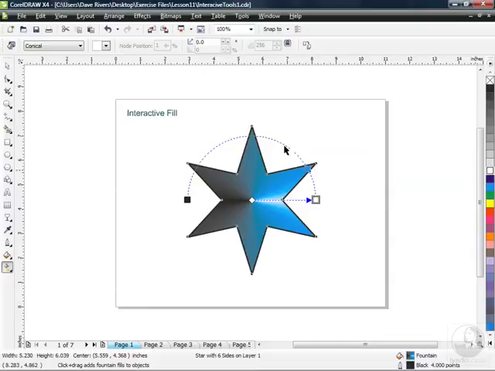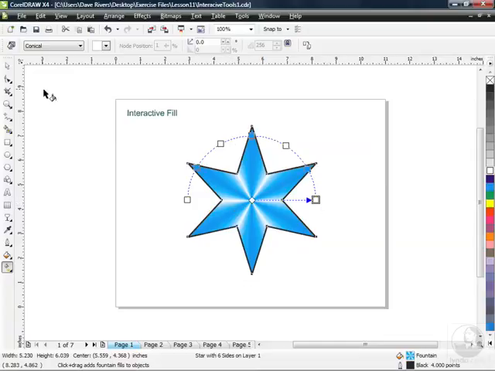We'll add it about here where it kind of lines up with the valley in my star. And when I let go, right on the dotted line, I think you can see what's happening here. We'll go back to cyan. Put it up here in line with the top point. Drag white into this next valley right on the dotted line and let go. All right, back we go to cyan. And one more. I'm going to go to white and change the black over here to white just by dropping it inside the box. And you can see the effect that we just created here thanks to the interactive fill